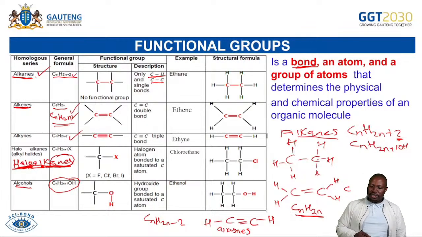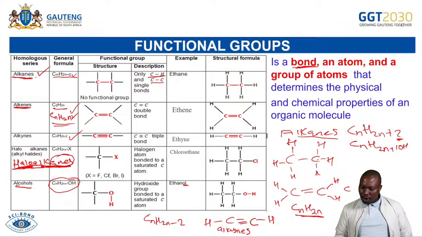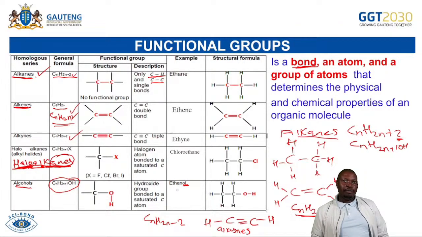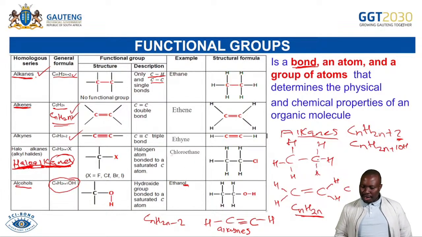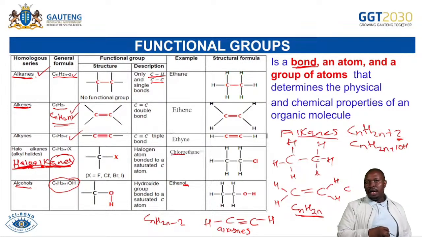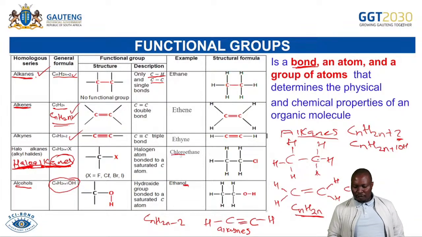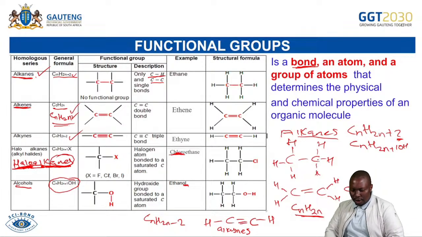But now you will see that with alcohols, the names are going to end with "ol." So we won't treat them as alkanes, we'll treat them as alcohols, because here they change how the name ends. But when we have a halogen, it doesn't change how the name ends. The name still ends as an alkane. We just look at the presence of the halogen in terms of that one. So I hope you got that and you are able to move.